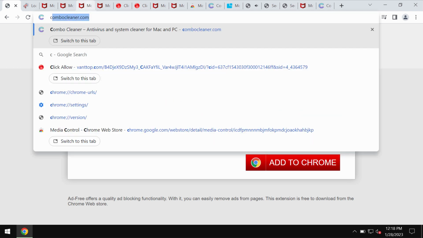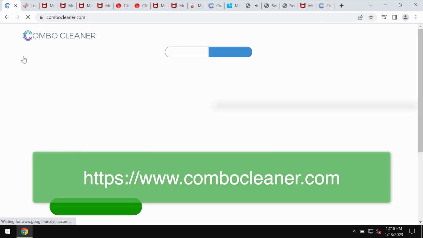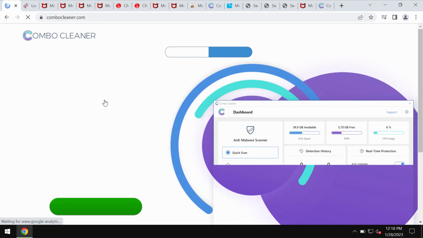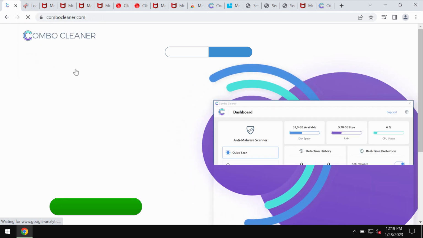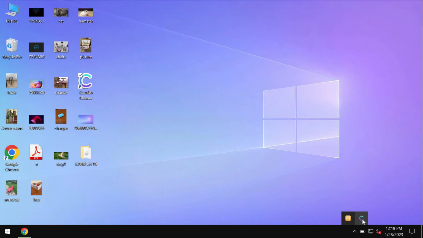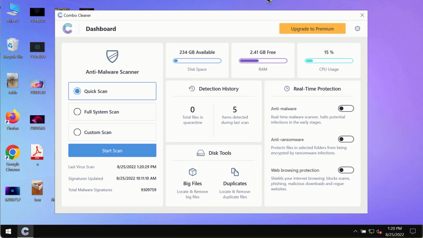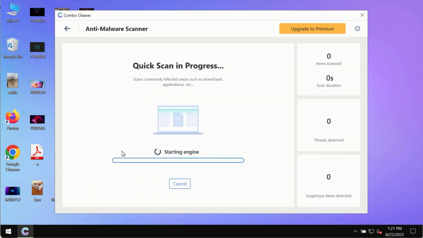Leave this page. We also recommend that you scan your computer with the help of Combo Cleaner antivirus. You may get it on the official page combocleaner.com, download the software, install it, and then begin scanning the system with its help. After you have successfully downloaded and installed Combo Cleaner antivirus, make sure you click on Start Scan